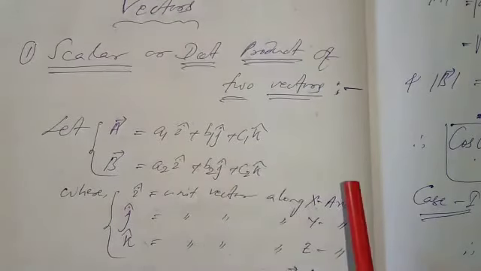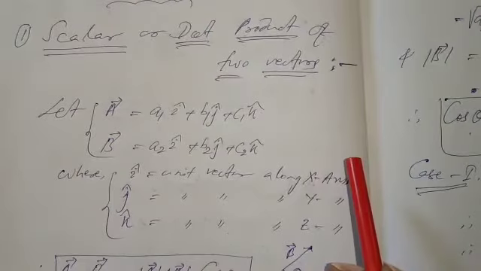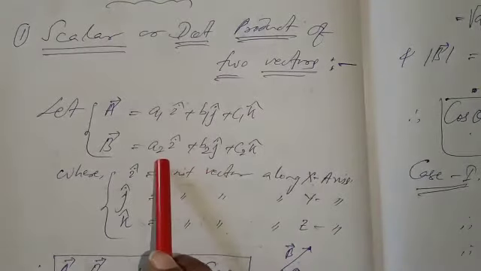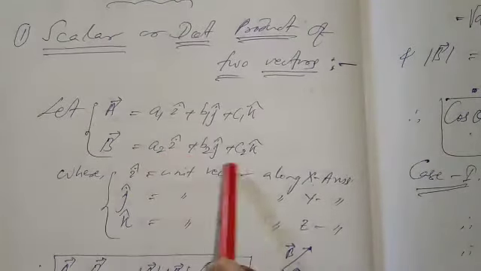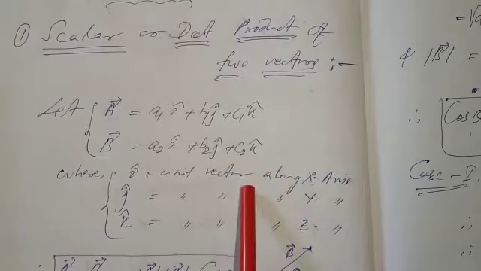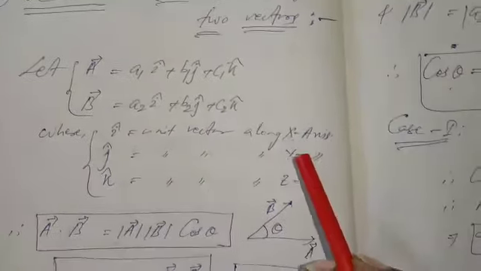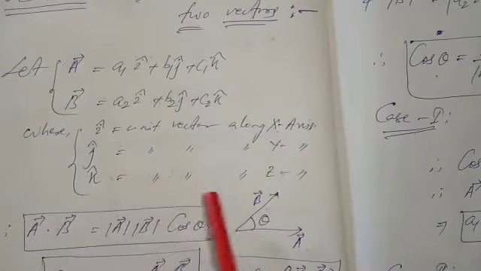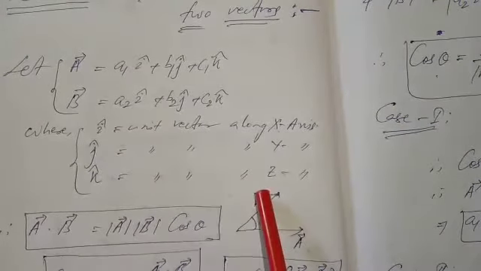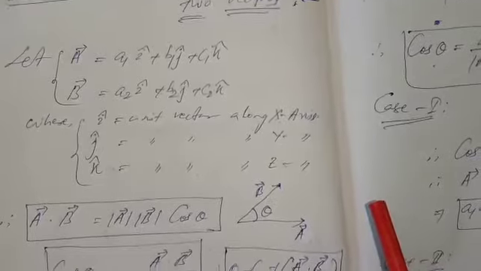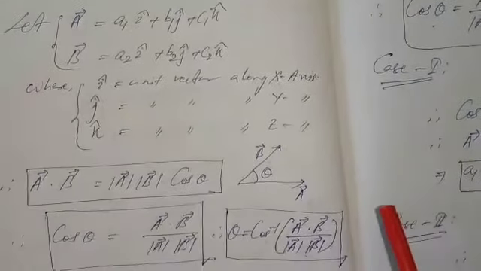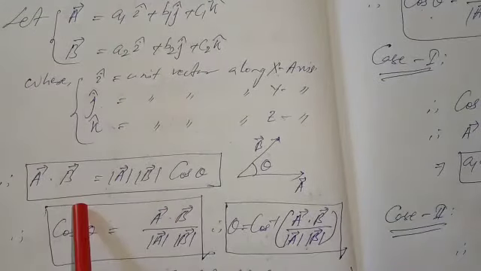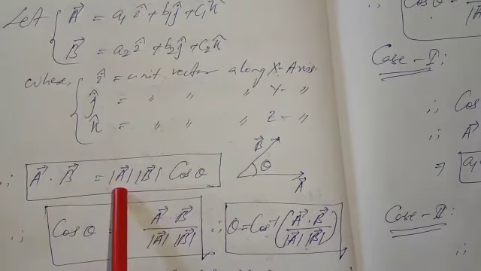Similarly, let b be another vector having components a2i plus b2j plus c2k, where i is the unit vector along the x-axis, j is the unit vector along the y-axis, and k is the unit vector along the z-axis. As per the dot product theorem, a dot b is equal to magnitude of a into magnitude of b into cos theta,